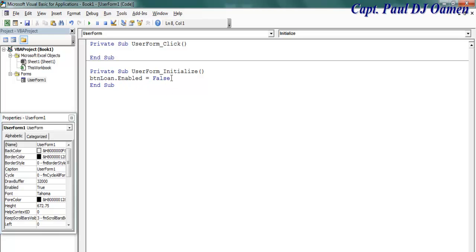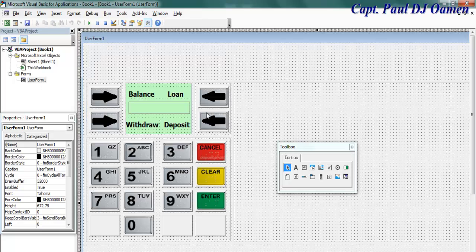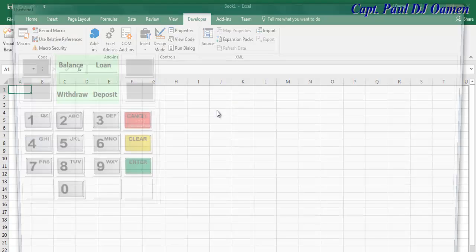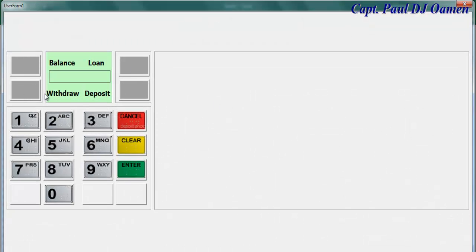Okay, now copy that. btnBalance there, btnDeposit, and btn, I think that will be withdraw, there. Okay, let me show you guys the interface. That's it. That's how it looks. When I run it now, all of those should be grayed out, so you cannot do anything with them until you enter the right